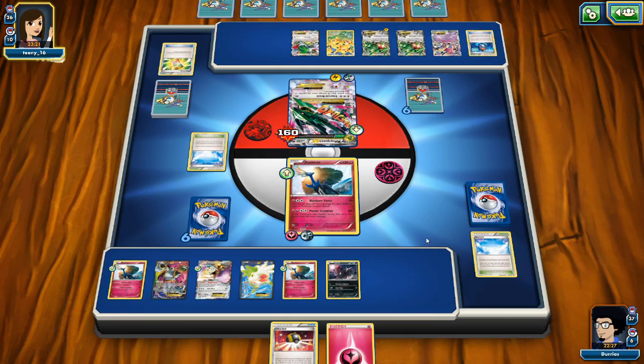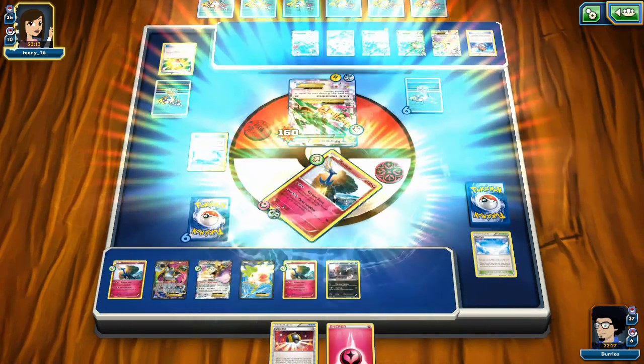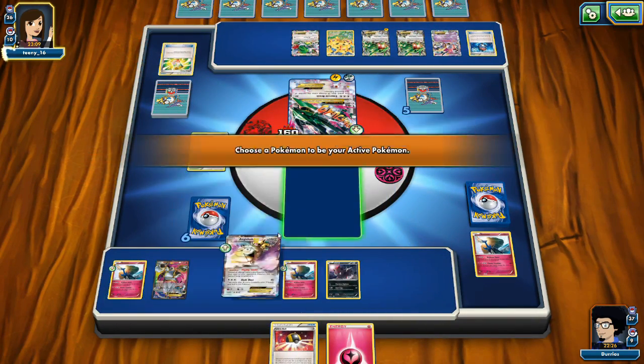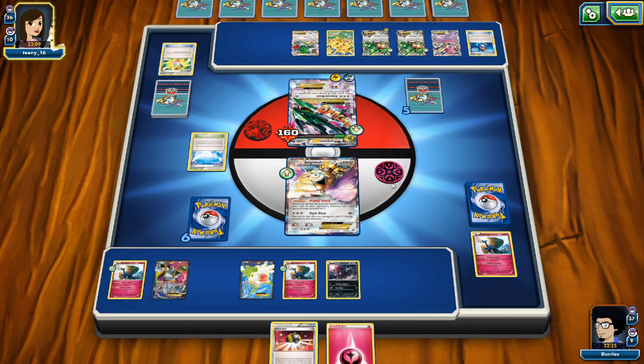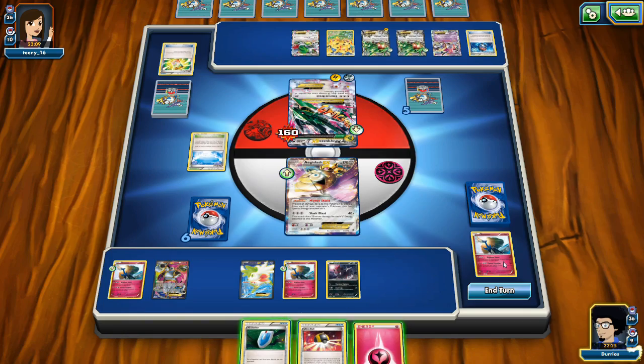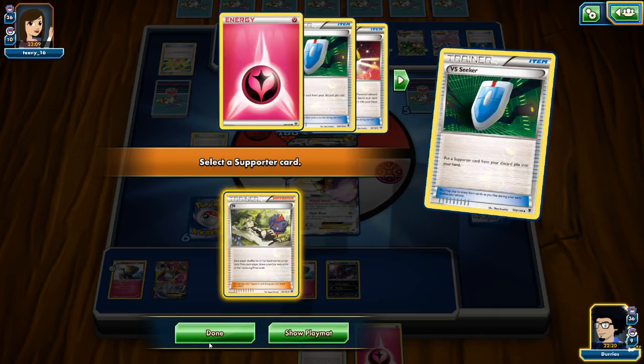Yeah, it's not looking too good for us. I'm gonna be honest, it is not looking too good. A knockout on our Xerneas. We have to promote our Aegislash and hope that our opponent doesn't have Lysandre right now. What can we get ourselves? A VS Seeker, another VS Seeker. That's good. It's better than nothing, so we will...